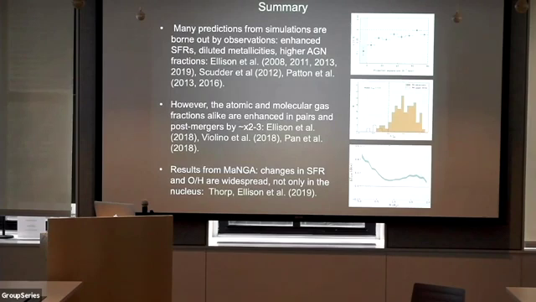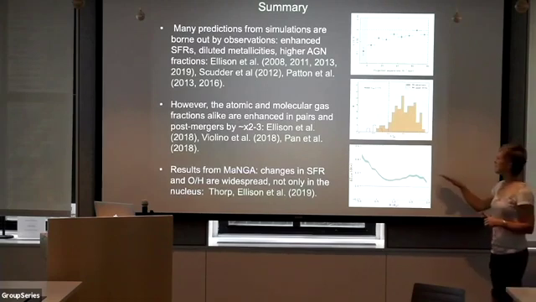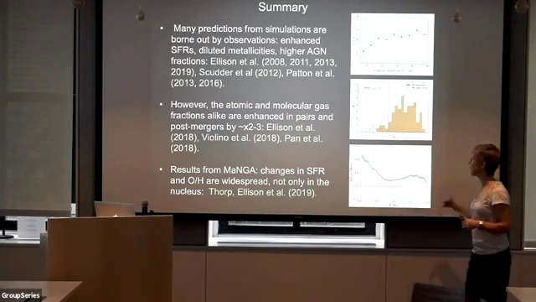The one thing that I think there is still some tension, maybe, with at least some of the theoretical predictions are these gas fractions. There doesn't seem to be this large-scale blowout that was predicted at least in the early simulations, and both the atomic and the molecular gas fractions are enhanced by factors of around 2 to 3 in both the pairs and the post-mergers. And then finally, starting to look at this in a spatially resolved sense with the IFU surveys like MaNGA, we're starting to really be able to trace these properties throughout the